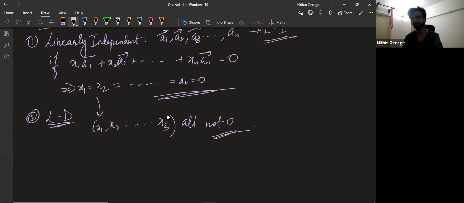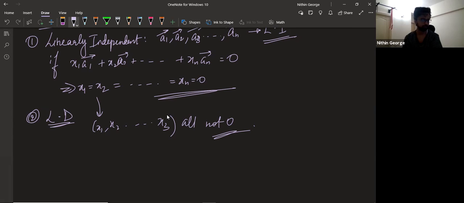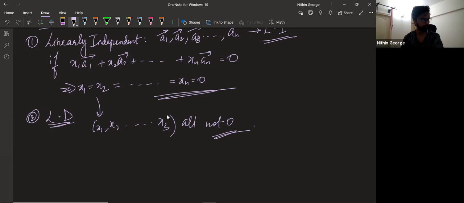Sir, can you repeat? The 7th point or the 6th point? No, the one you just said now. Okay, so the 8th point is any four vectors in 3D space is LD, and the 7th point, I'll just write it down. Leave some space, a decent amount of space, like 4 or 5 lines. And then, right, any four vectors in 3D space is LD.